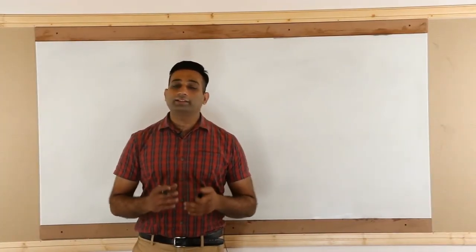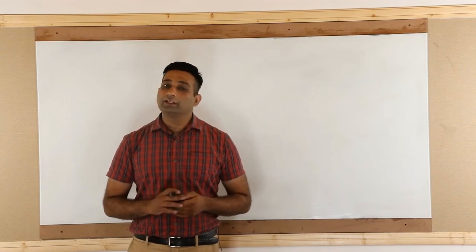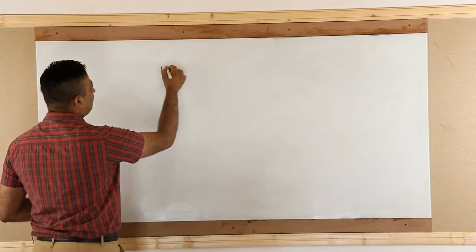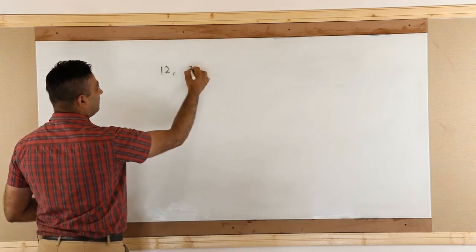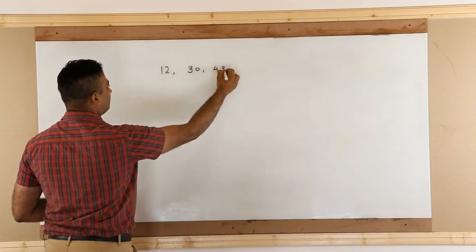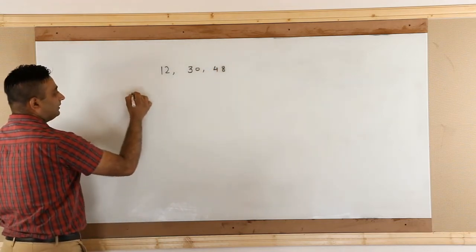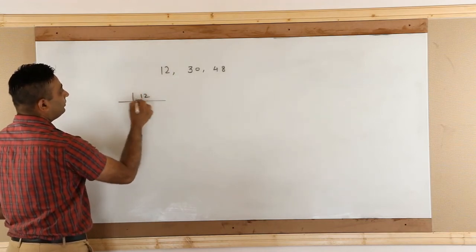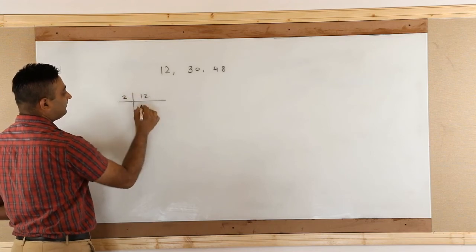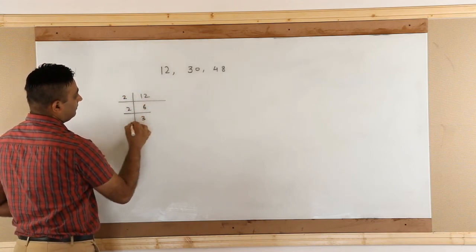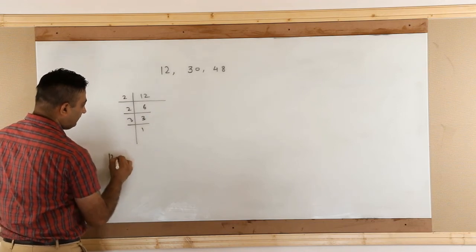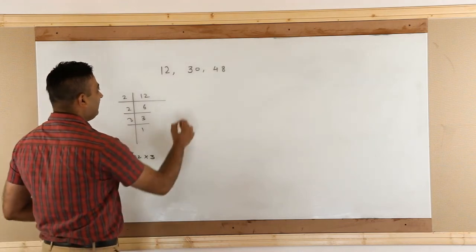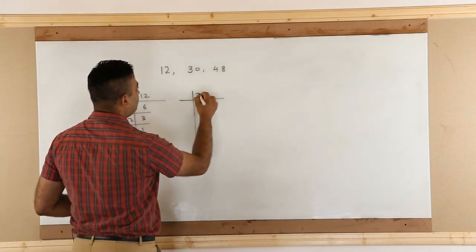Dear students, now let us try to find the HCF of few numbers using the prime factorization method. We can take some numbers as 12, 30 and 48. First of all, we will do the prime factorization of these numbers. First of all, we will do the prime factorization of 12, which is 12 is equal to 2 multiply by 2 multiply by 3, and the prime factorization of 30